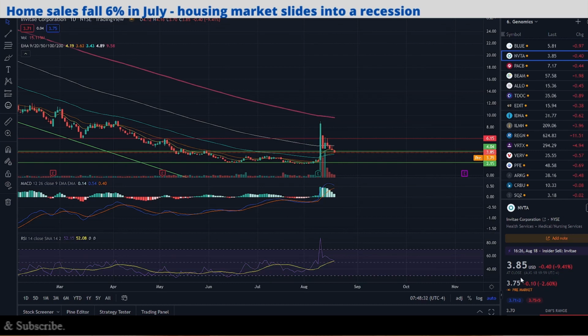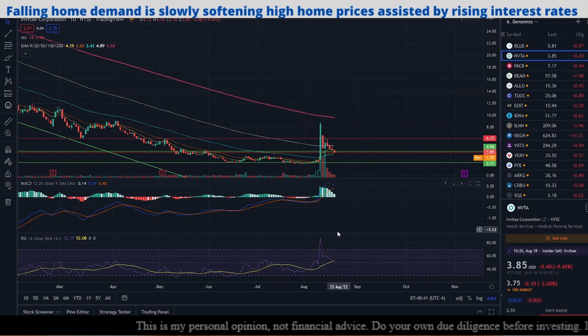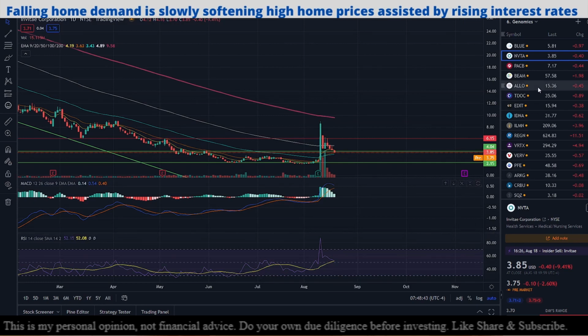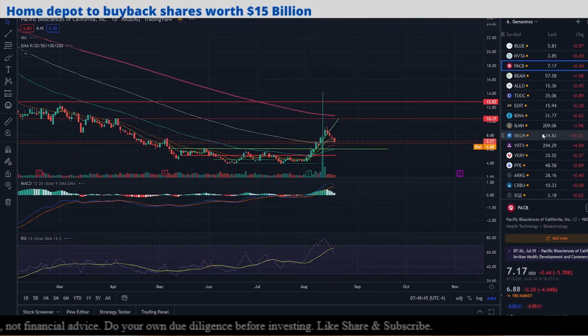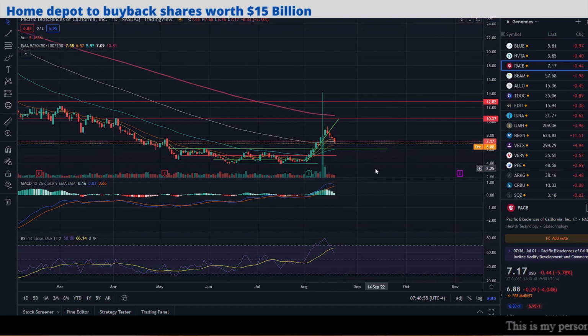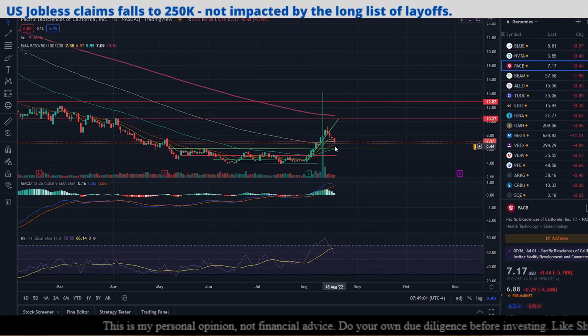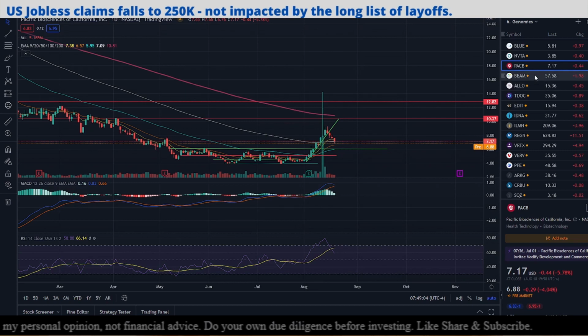Invitae continues to fall. It's down 2.60% pre-market, and it's going to fall down to the 50-day exponential moving average of 3.43 before the day is over, because our momentum is also falling and MACD is turning bearish. PACB is down 4.04% pre-market. Momentum has fallen sharply, and we are going to test the 20-day exponential moving average, which is sitting at 6.57 at this point of time, and we may potentially fall down below that as well, because the overall market condition